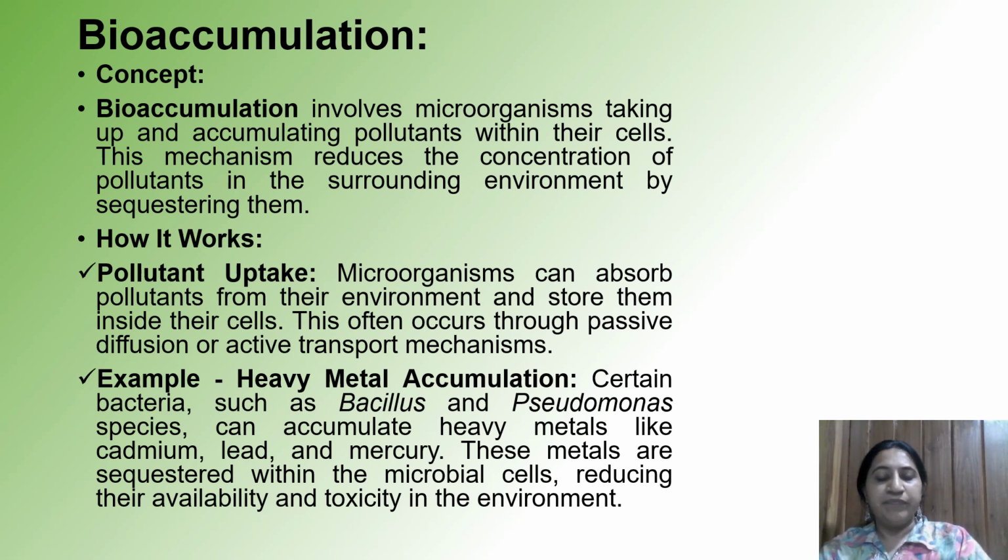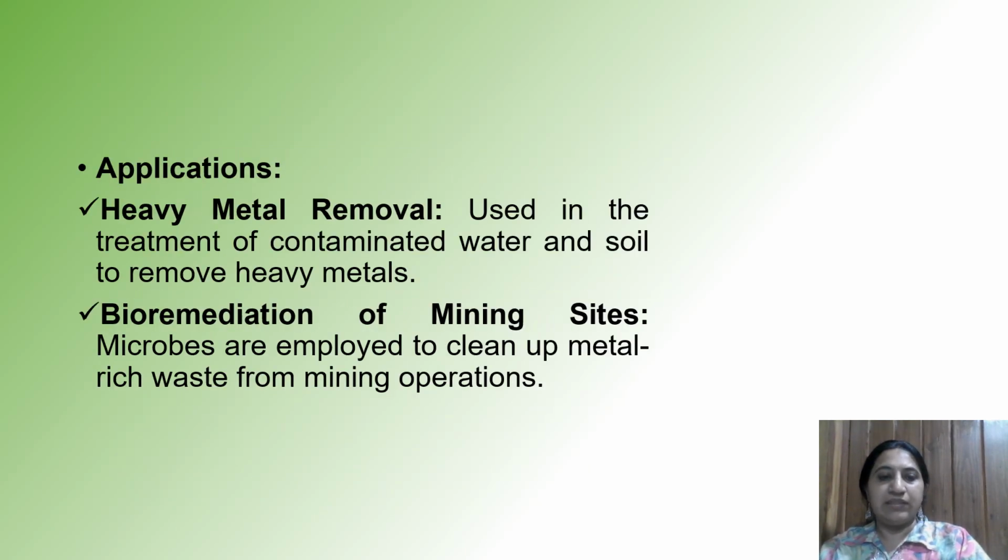For example, heavy metal accumulation occurs in certain bacteria like Bacillus or Pseudomonas species. They can accumulate heavy metals like cadmium, lead and mercury. These metals are sequestered within the microbial cells, reducing their availability and toxicity in the environment. This is applied for heavy metal removal, which is used in the treatment of contaminated water and soil. And it is also used in the bioremediation of mining sites where microorganisms are employed to clean up